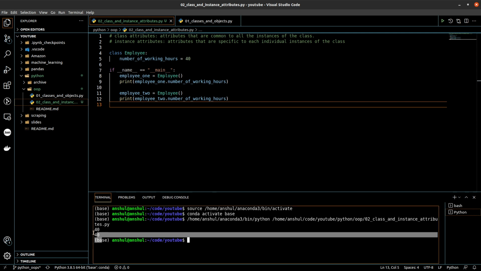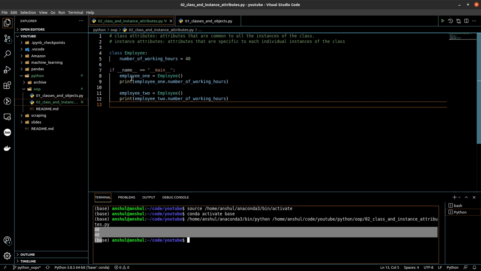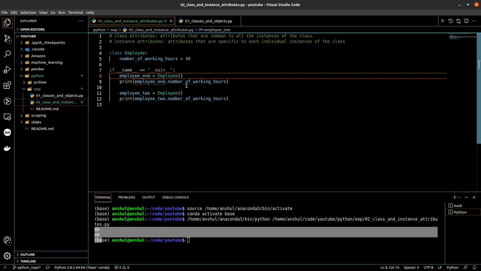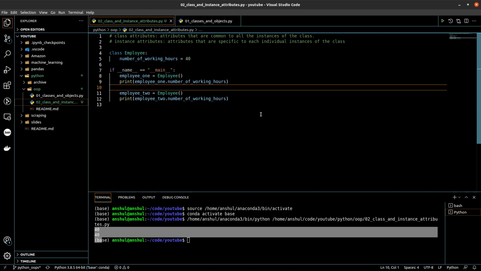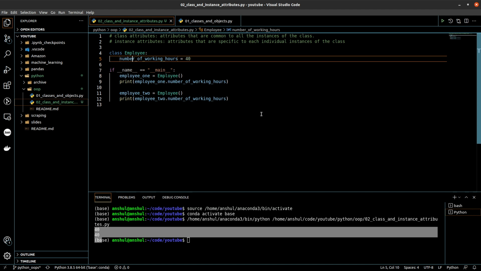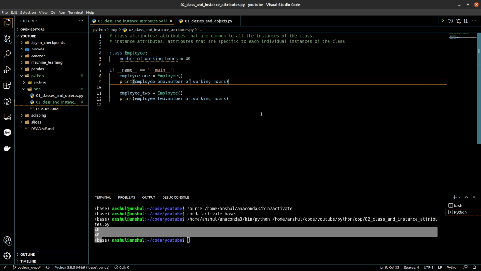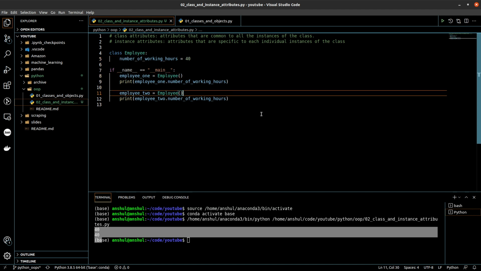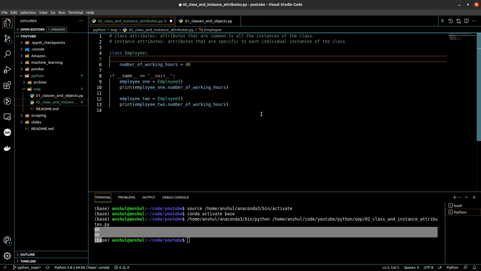As you can see, both of them are returning 40. However, what we want is the number of working hours should be different for the different employees, or in that case, let's say the number of working hours may still be the same, which is expected. So this is an example of a class attribute.